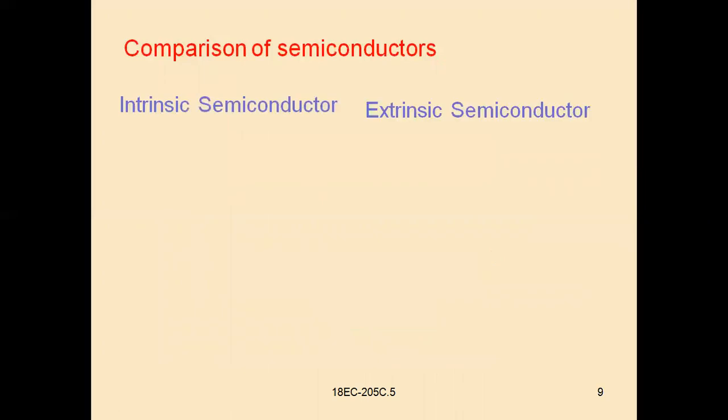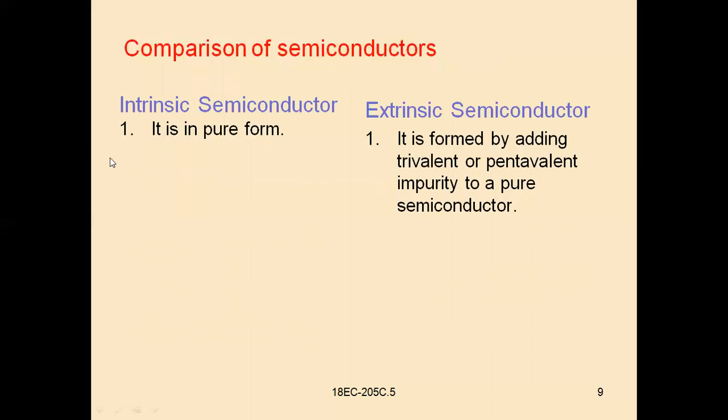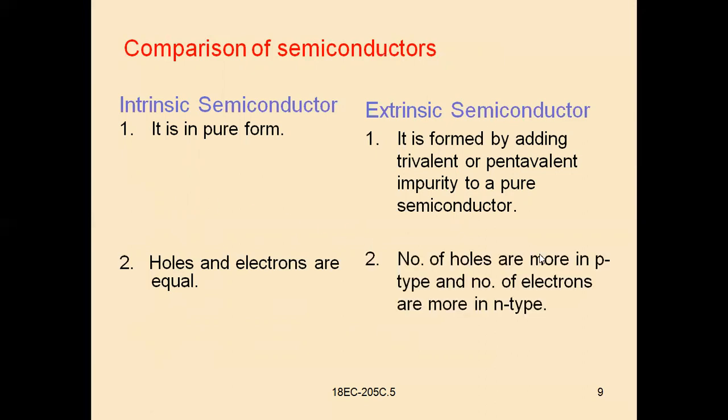Let us see the comparison of semiconductors. Generally, semiconductors are of two types, intrinsic and extrinsic. Intrinsic is a pure type of semiconductor. Extrinsic are nothing but impure. And again, extrinsic are classified into two types, P-type and N-type semiconductors. So the first difference is that intrinsic is in pure form, and extrinsic is formed by adding trivalent or pentavalent impurity to a pure semiconductor. Second, holes and electrons are equal in intrinsic semiconductor, whereas in extrinsic,